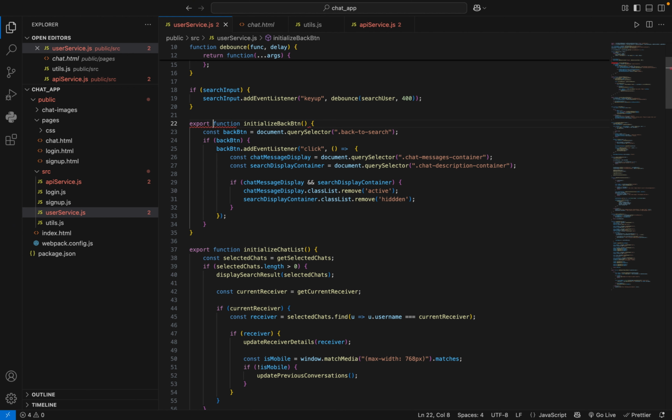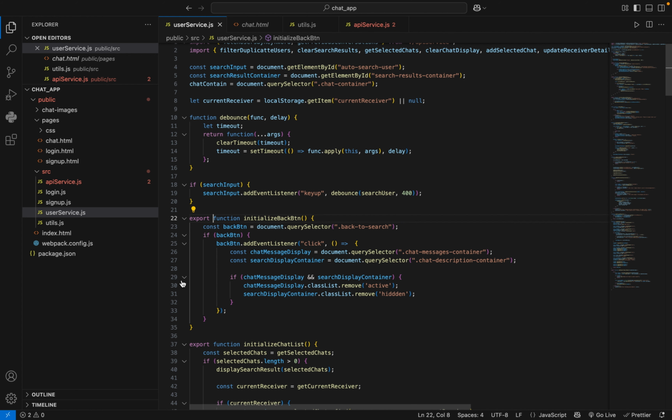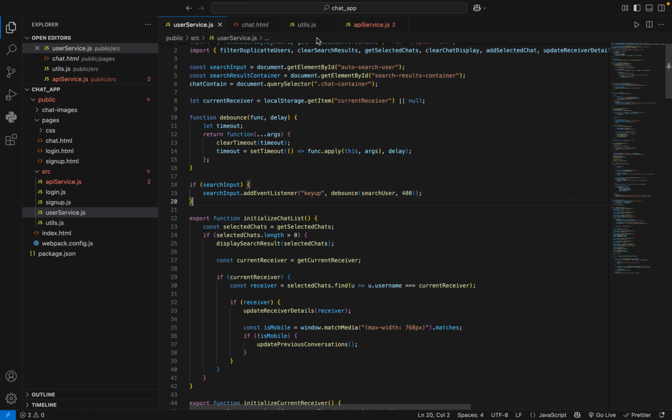Let's export it. So these are some of the methods. Let's even move this one to our utility class, export it from there. Let's move it here. So let's also see